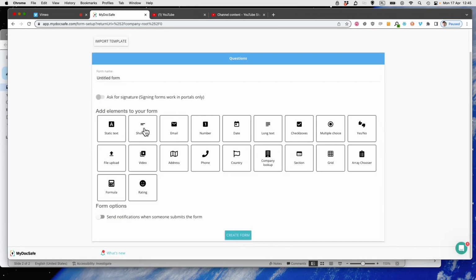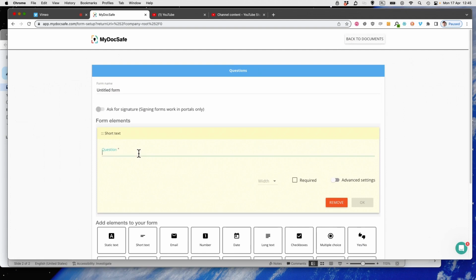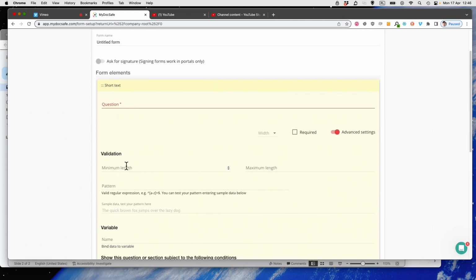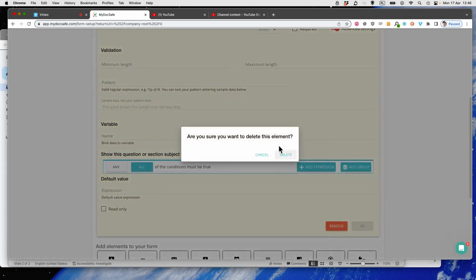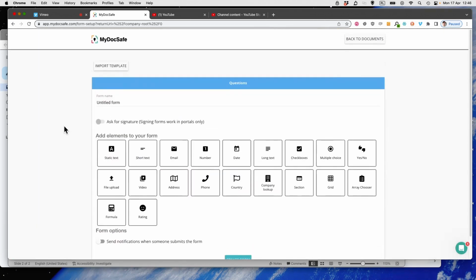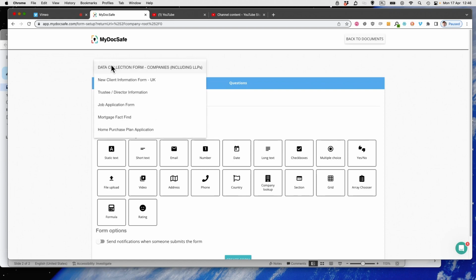Similarly, short text is simply a way to ask a question, make it required or not, and then also assign more advanced settings such as minimum length, maximum length, etc. In this tutorial, I will show you how to now create a very simple web form and send it out to your client. In order to do that, I will import a ready-made web form from our library, which is